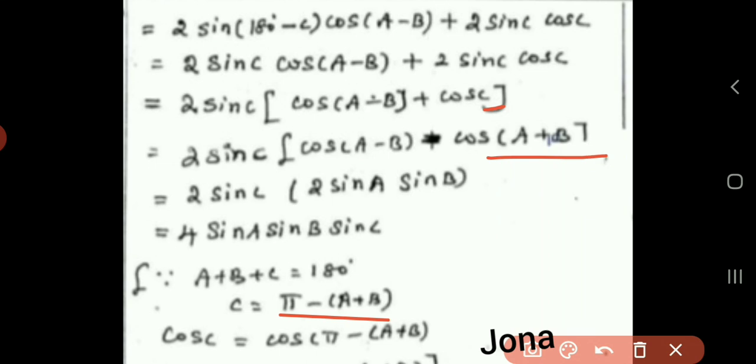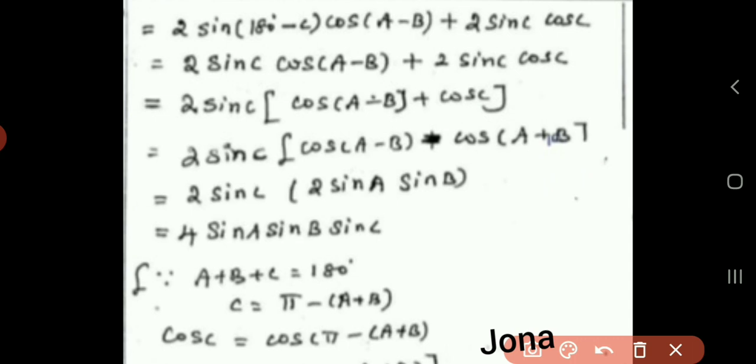pi minus of, that means that is in the second quadrant. In the second quadrant, sine and cosecant will be positive, all the other things will be negative, isn't it? So minus will be here. Pi minus (a plus b) is nothing but 2 into 90. 2 is the even number, so keep as it is that cos. So here we have, instead of this cos c, we can write cos of (a plus b). Okay, and then now we have, this is in the form of cos of (a minus b)